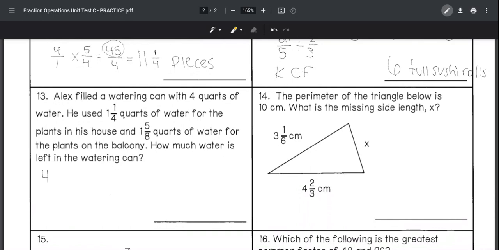with 4/1. And we need to get rid of the amounts of water he's already used to see how much water we have left. So minus 1 1/4. I can't do this right now for 2 different reasons. One, I need to turn this into an improper fraction. And 2, we have to have common denominators. So this is going to be 4/1 minus